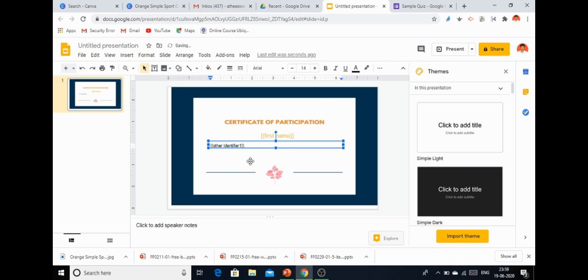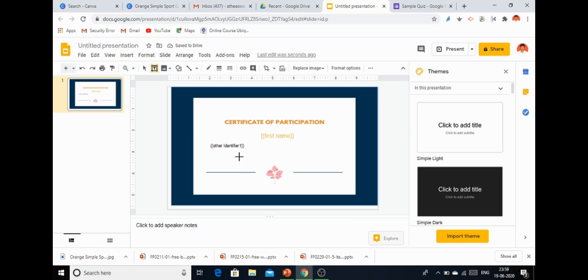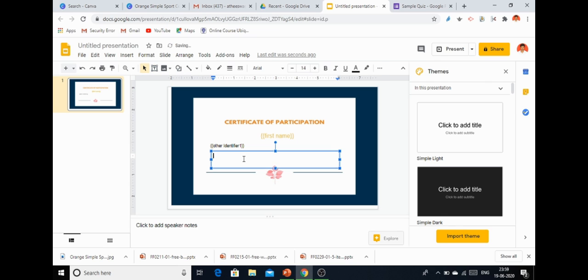After that I can make the static text, whatever things I have to add. For example, this is to certify that participated in the webinar or FDP of Mary Mother College, Periyakulam, like that I can give. On such and such date.